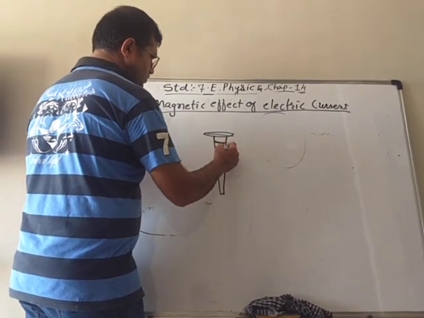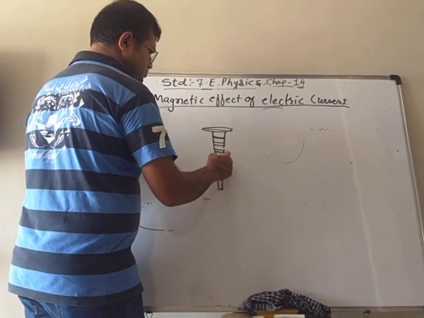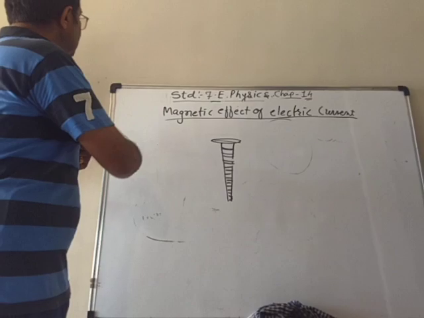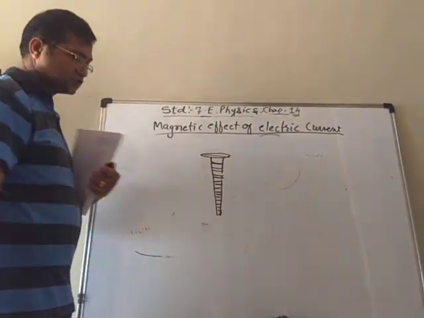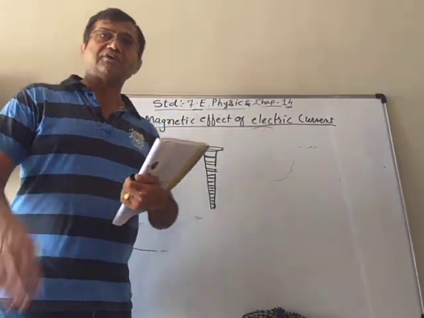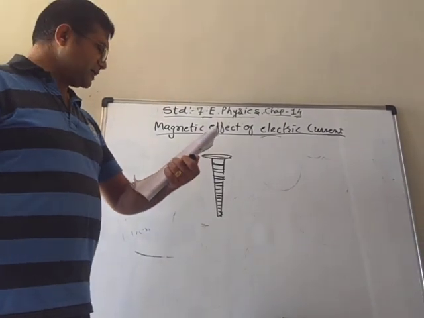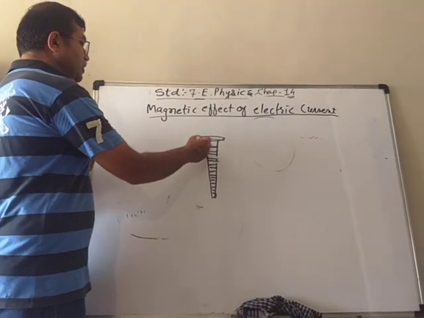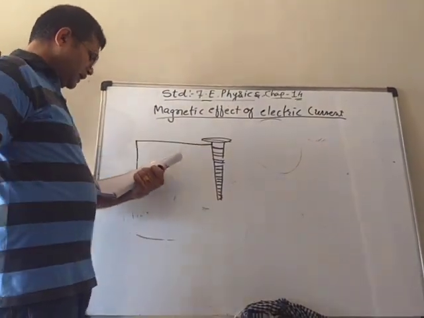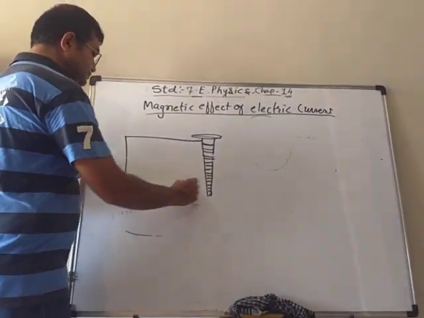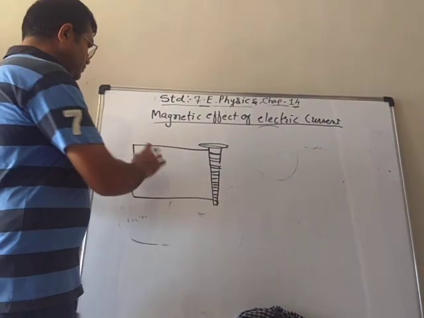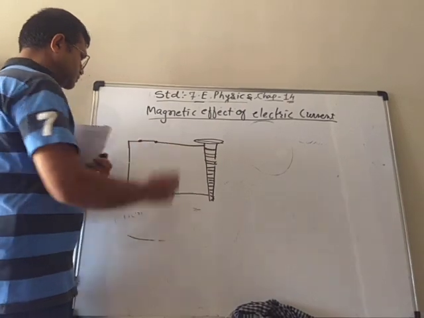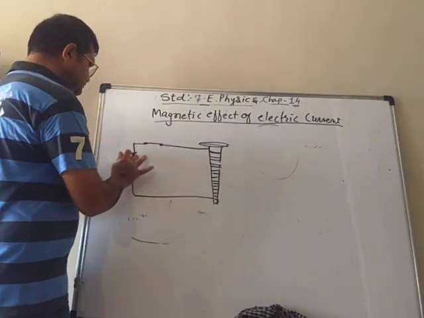Which have some grooves on it. Everybody is familiar with the screws that we use to fix things, like everywhere. You can see the screws in your furniture, everywhere. So everybody is familiar with the screw. So we have to take the screw, then we have to join it in an electric circuit and put a switch on it and a battery.